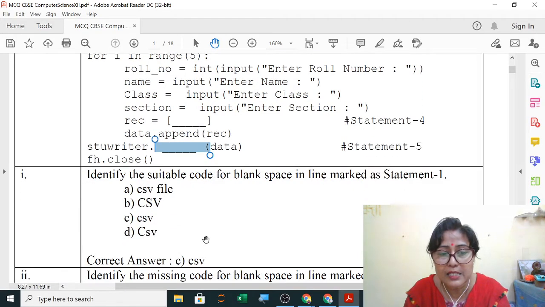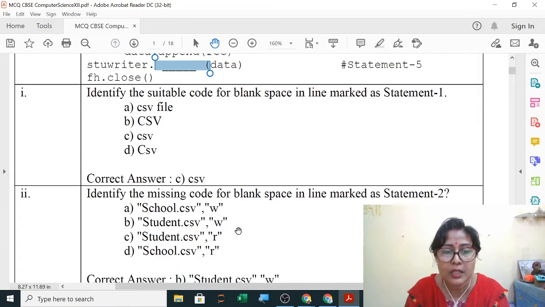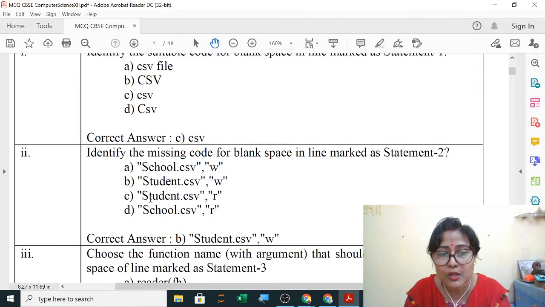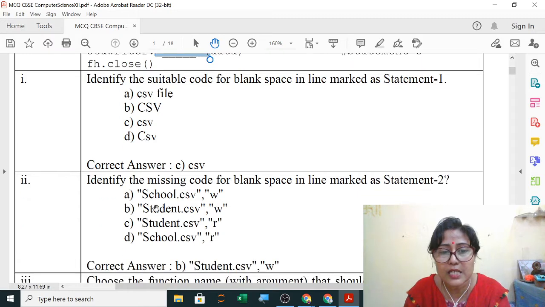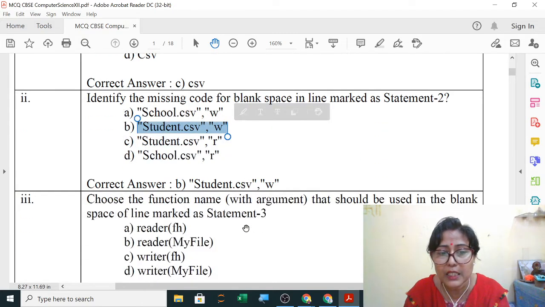So check your answers. First one csv, very good. Second one you told was student.csv and w. So student.csv, w is your second option. The first option, school.csv, is wrong. The name of the file was student.csv, so option B will be correct.